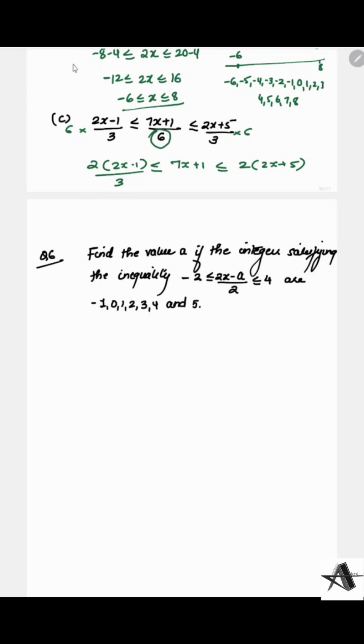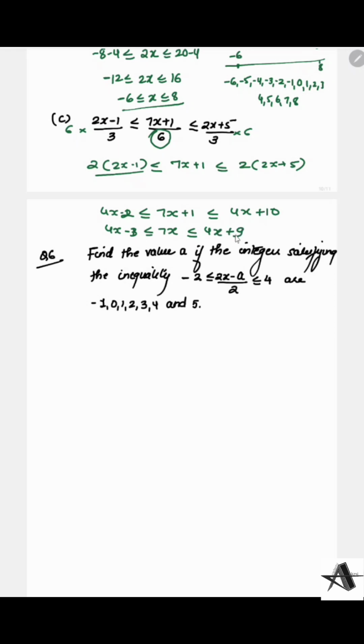Now, sorry, 3 is not here. It's only 2 remaining. Now I need to expand it. So this will become 4x minus 1 less than or equal to 7x plus 1 less than or equal to 4x plus 10, and this is 2. So now in order to isolate it, I need to subtract 1 from all the sides. So this will be 4x minus 3 less than or equal to 7x less than or equal to 4x